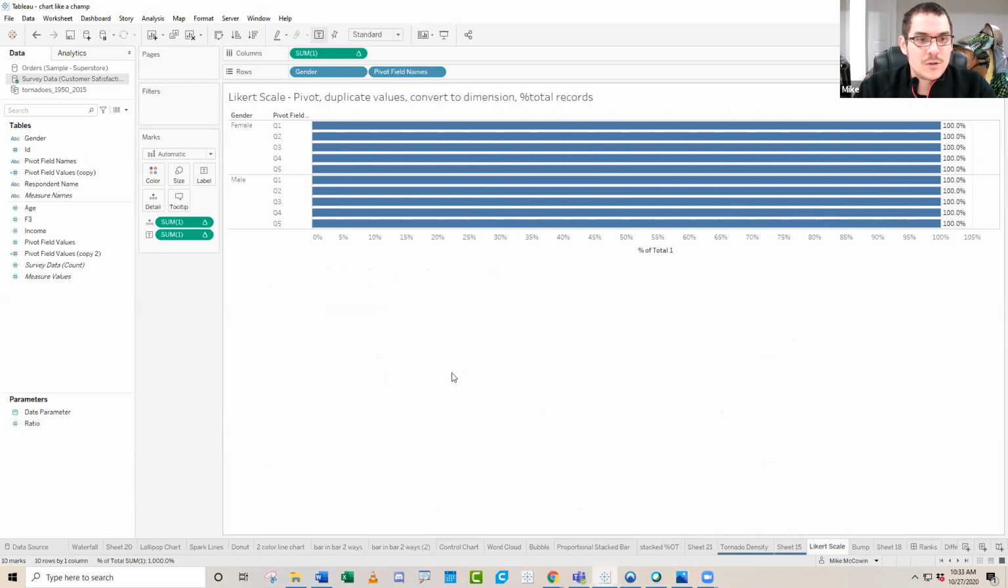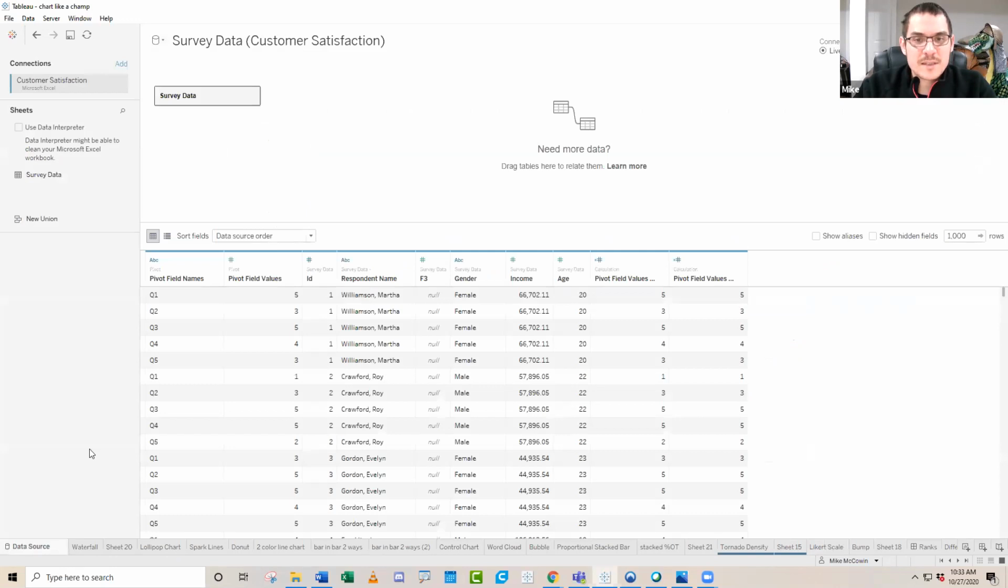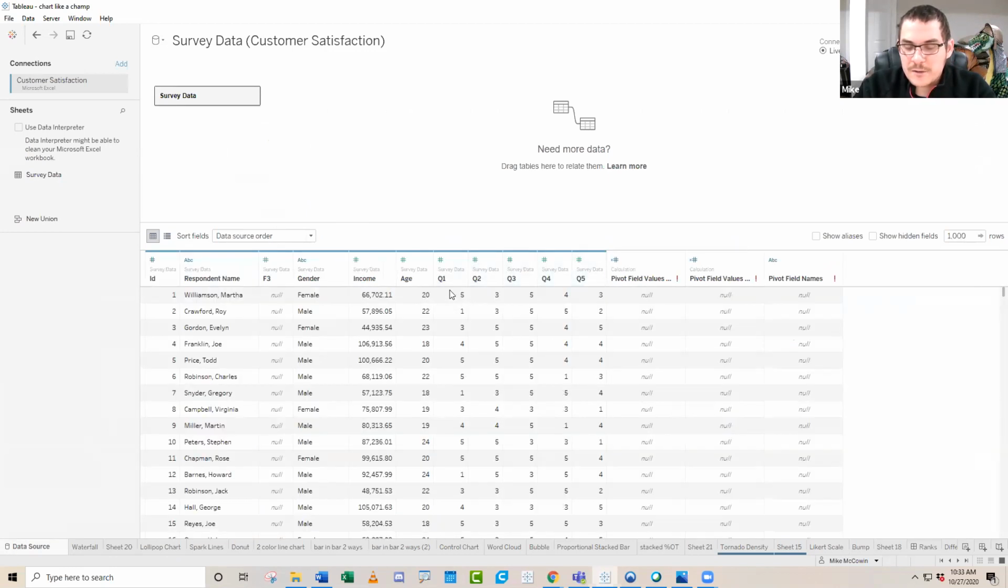All right, next one that maybe not all of us have to deal with, but we're going to be showing how we can do survey data. So one problem with survey data oftentimes is the way that we get it. You can see I've already performed a pivot here. If I remove that pivot, this is typically how we'll get survey information. We get a column called Q1, a column called Q2, a column called Q3,